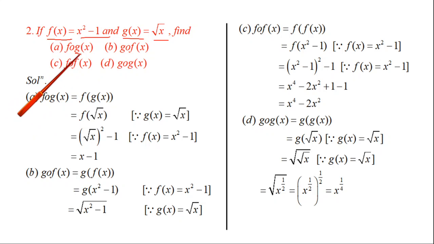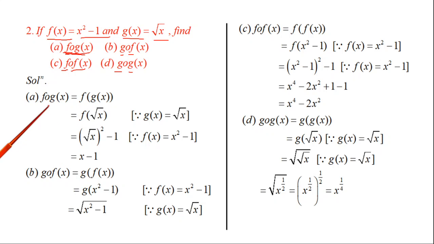We need to find g composite f, f composite g, f composite f, g composite g. We have to find how these composite functions will be defined. The general rule for this: